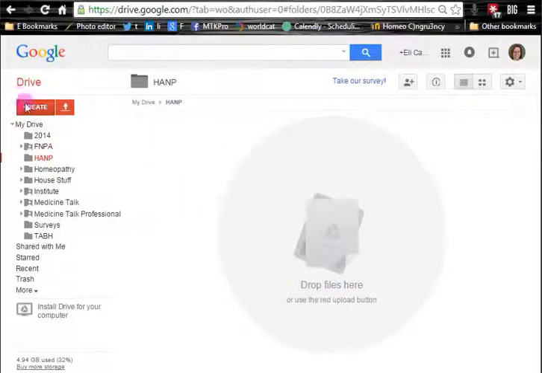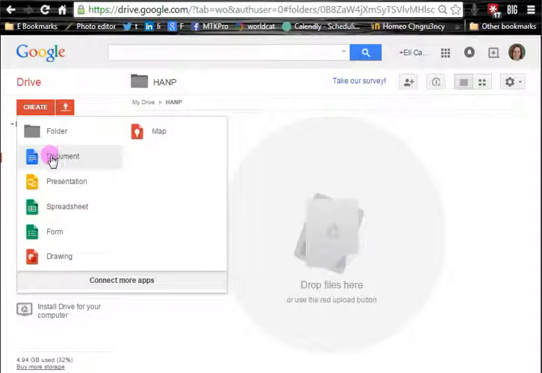So I can either create things like a document, which is just like a Microsoft Word document, a presentation, a spreadsheet, a form, which is how you can do surveys and things like that. I could create a drawing, put a map in here, but the two most commonly used by most associations and organizations are documents and spreadsheets. So I'm going to create a document,